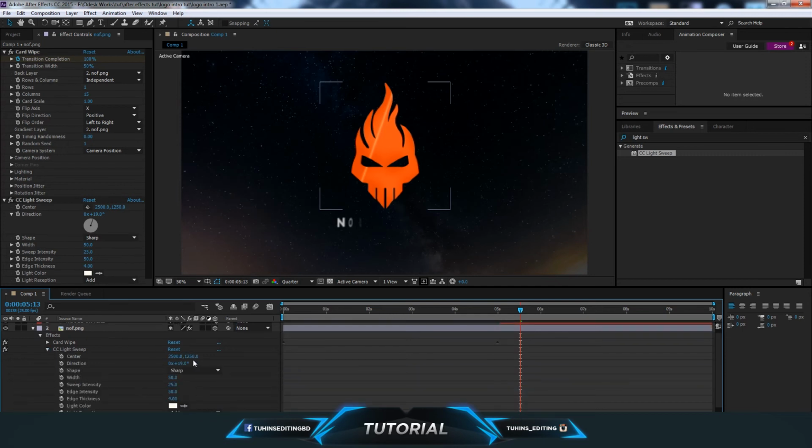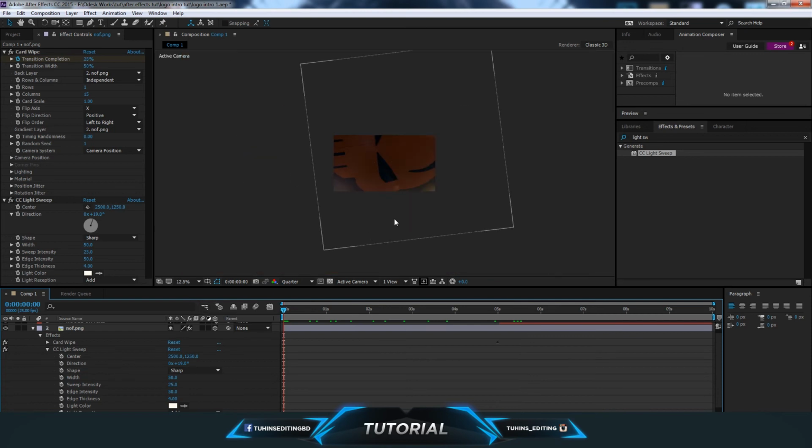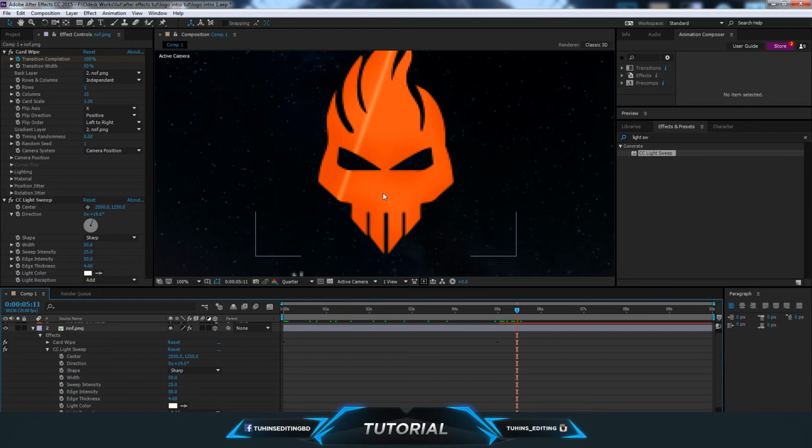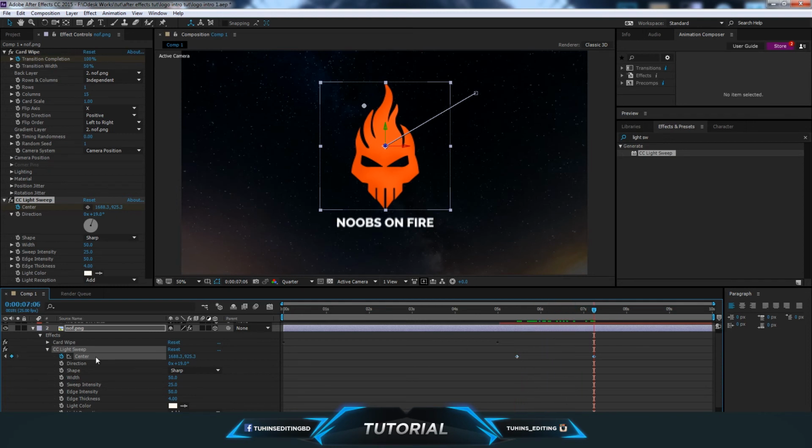So Light Sweep also needs to be animated with keyframes. So we're going to make the first keyframe, the last keyframe will be there, and we're moving the light outside the logo, and we're going to make another keyframe here, but we are not going to animate that. We're going to the next keyframe. You can use Page Up and Page Down to get the complete and accurate keyframe. I'm using Page Down to move to the next keyframe, and I'm going to increase the width,